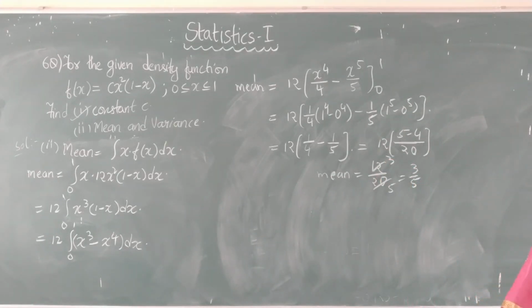So the value of the mean for the given PDF is mean equals 3 by 5, which can be written as 0.4. Sorry,